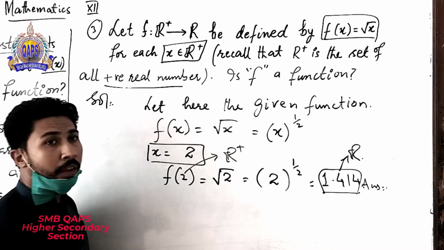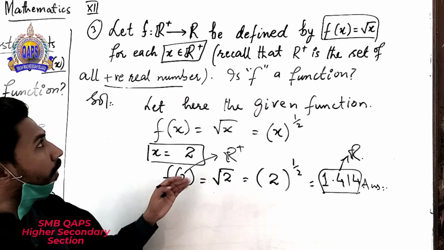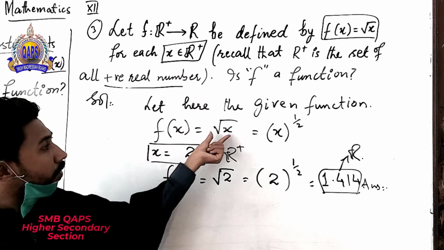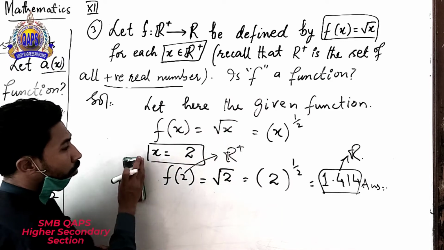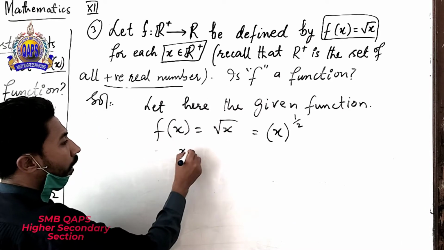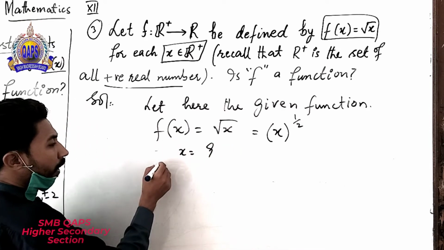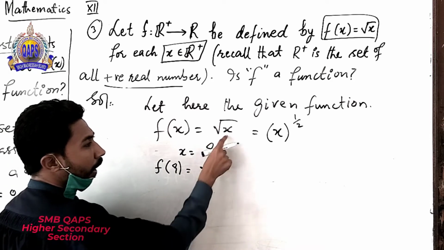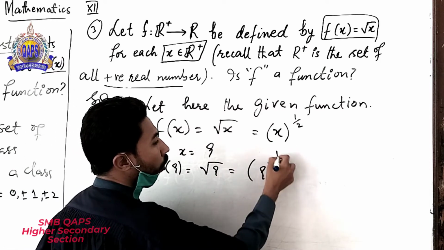real numbers. Now we choose the second value of x, which must be a positive number, but it does not give a real number outcome. Okay, so for the second value of x we choose any positive number. Let x represent 9, so we put the value of x equal to 9 in radical x, then 9 whole power 1 upon 2.